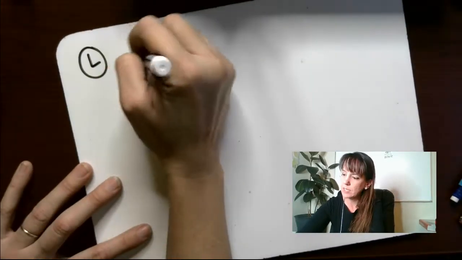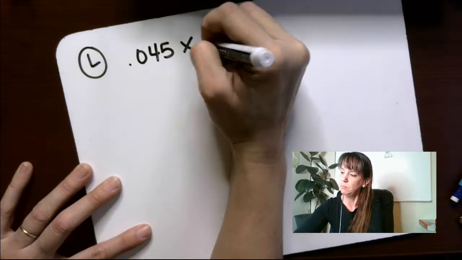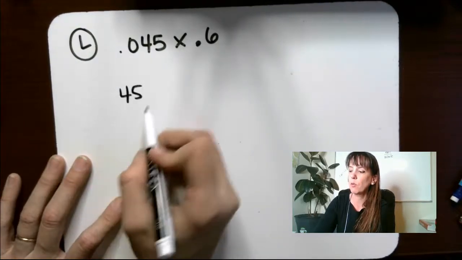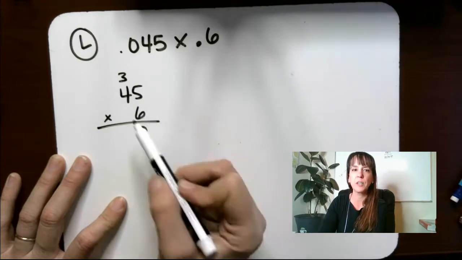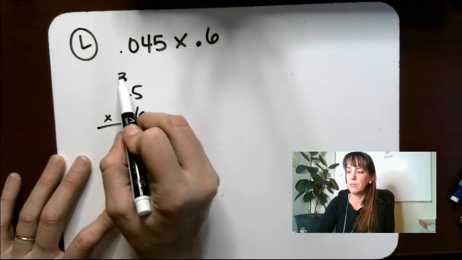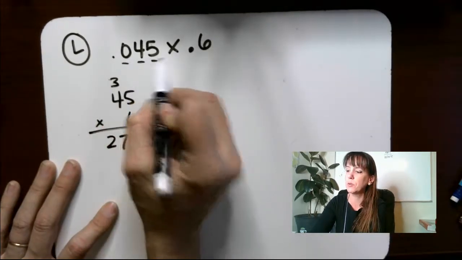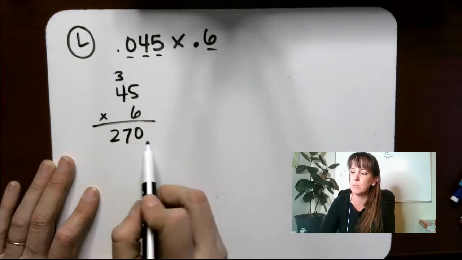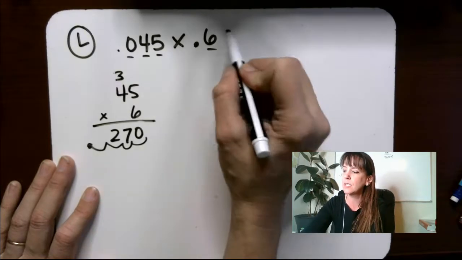L. 0.045 times 0.6 means we need to do 45 times 6. 45 times 6. This is going to be 30, right? 5 times 6 is 30. 4 times 6 is 24. 25, 26, 27, 270. Go back up here. We have 1, 2, 3, 4 spots behind decimals. So we got to put 4 digits behind decimals here. We're going to do 1, 2, 3, 4. All right, so this equals